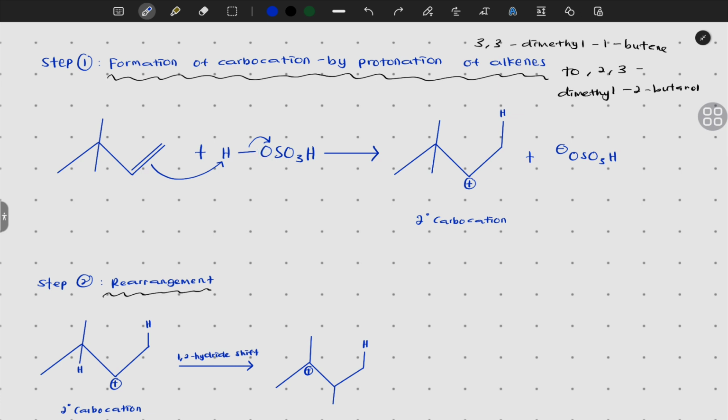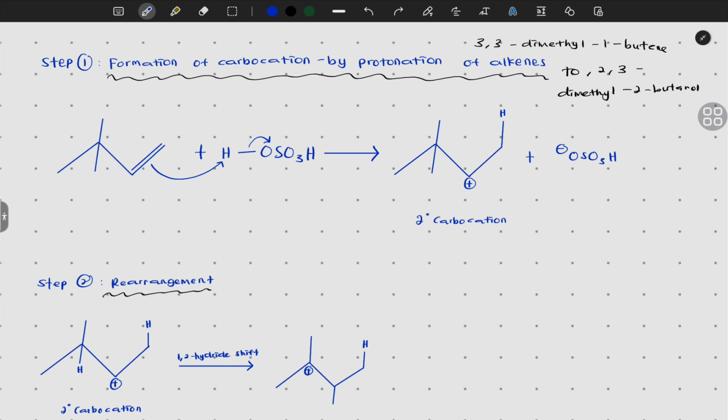H2SO4 serves as the acid catalyst in this reaction. Within the H2SO4 molecule, the oxygen atoms are more electronegative than the hydrogen atoms, leading to a partial negative charge on the oxygen atoms and a partial positive charge on the hydrogen atoms. This electronegativity difference makes the H atoms an electrophilic site, exhibiting a partial positive charge and attracting electrons from a nucleophile such as alkenes. The 2 pi electrons from